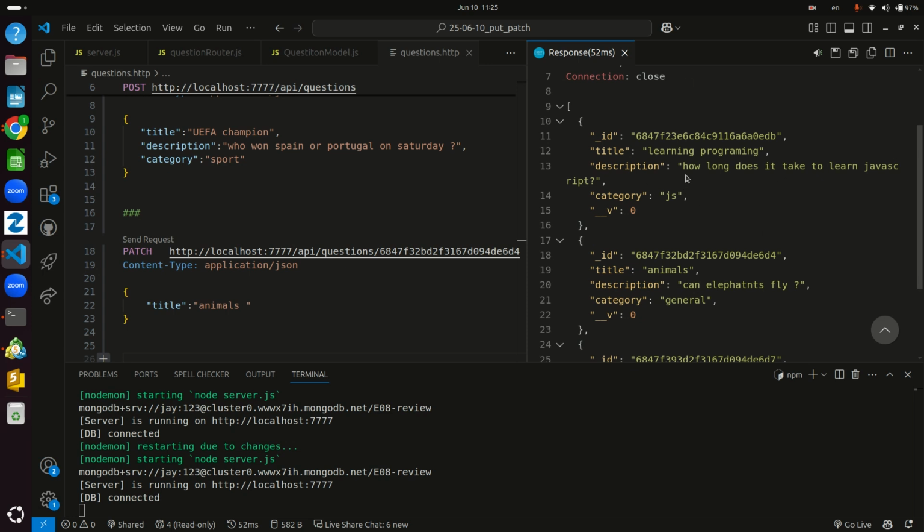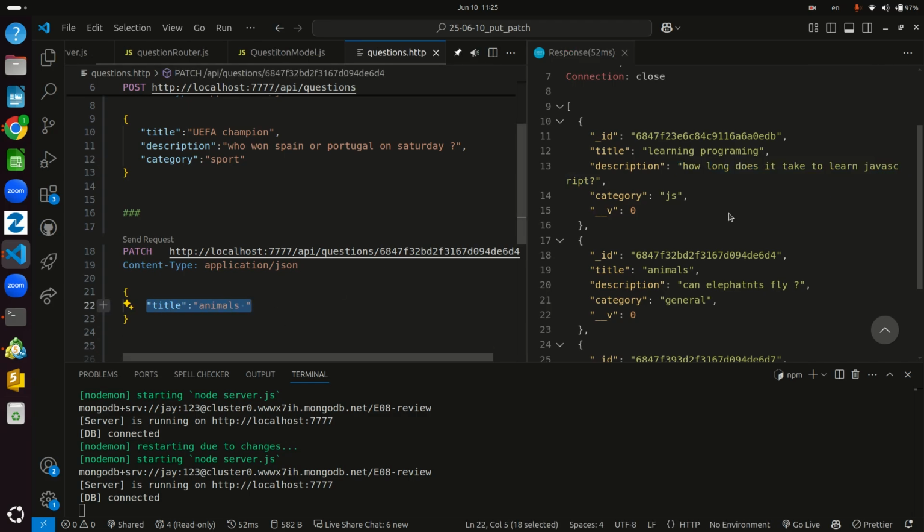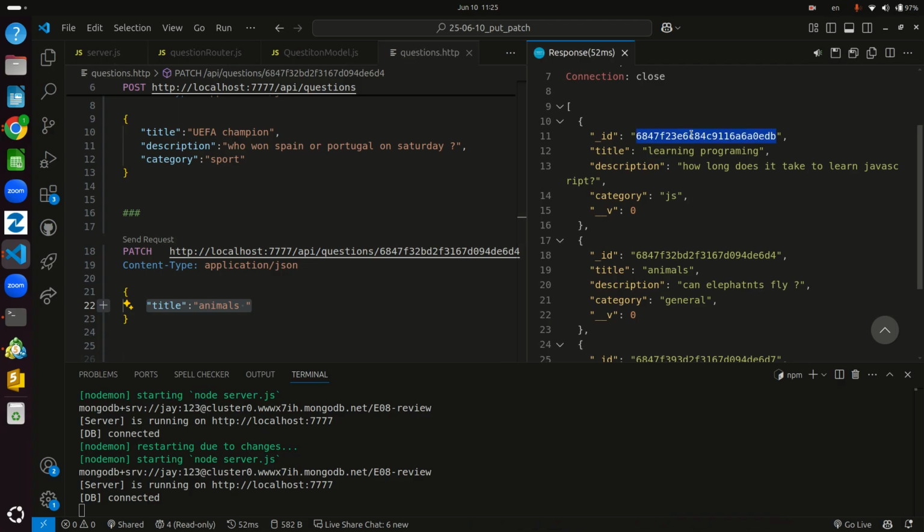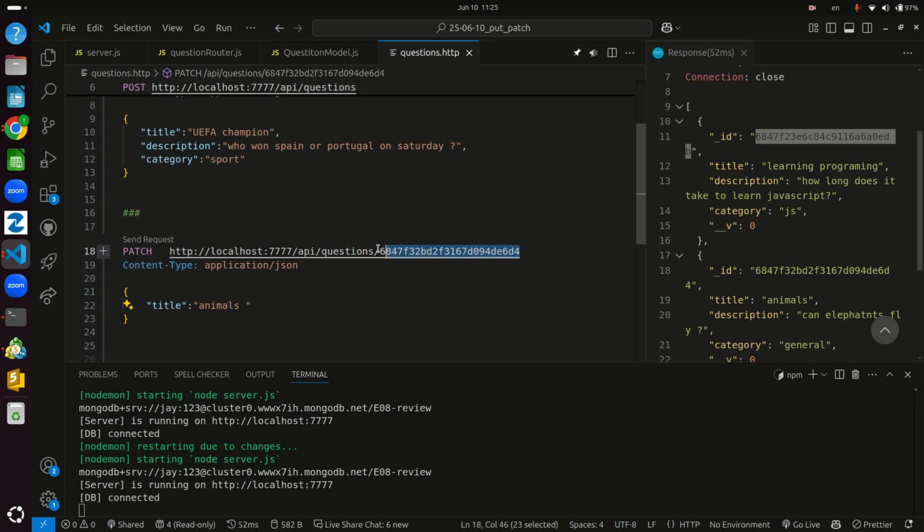Or no, let's update just the description. All right, or whatever you want to update. So I need the ID of that first, because we need to know which one to be updated. Replace the ID. And let's change it to